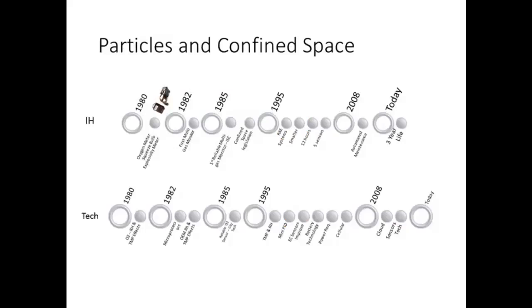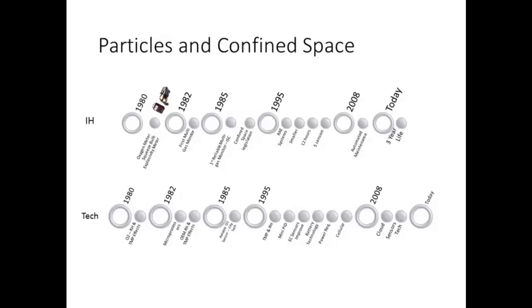Particles in confined space. You'll see in the first row, industrial hygiene and then technology. All we're trying to do in this slide is show the mirroring of what has progressed since the 80s until the 2010s and beyond. You'll notice on the bottom row of technology, you'll see clouds, sensor technology, and one other bullet that should be in there is the networking speed, or the advancement into 4G, 5G. This whole continuum has just slowly built upon itself to get us to where we are today. That's all this slide is representing.